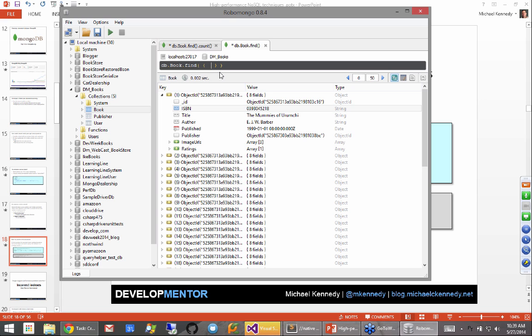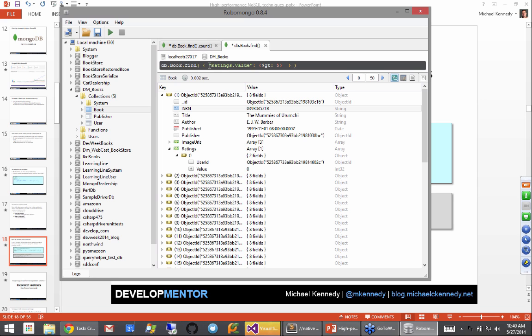So I can come over here and just use the native syntax, or I could write this as a LINQ query. It doesn't really matter. I can go down here and I can say, show me all the books where its ratings, go to its ratings array and find the value in each entry, and then let's make that greater than 5. Okay?